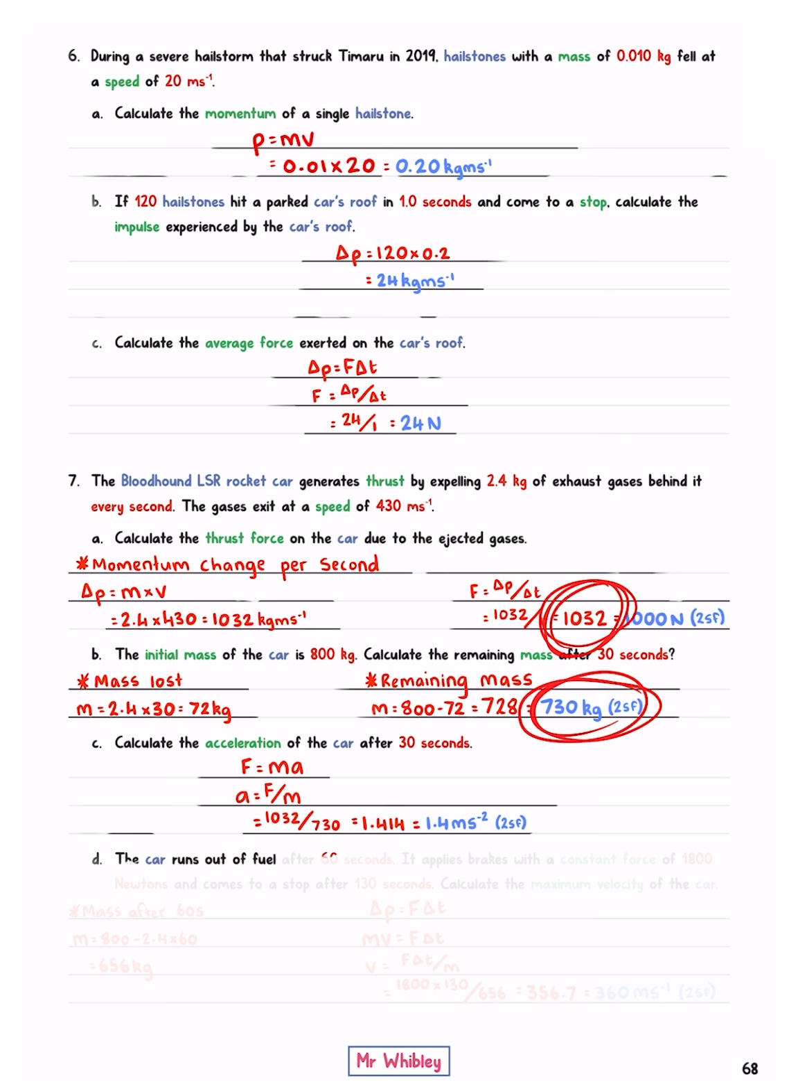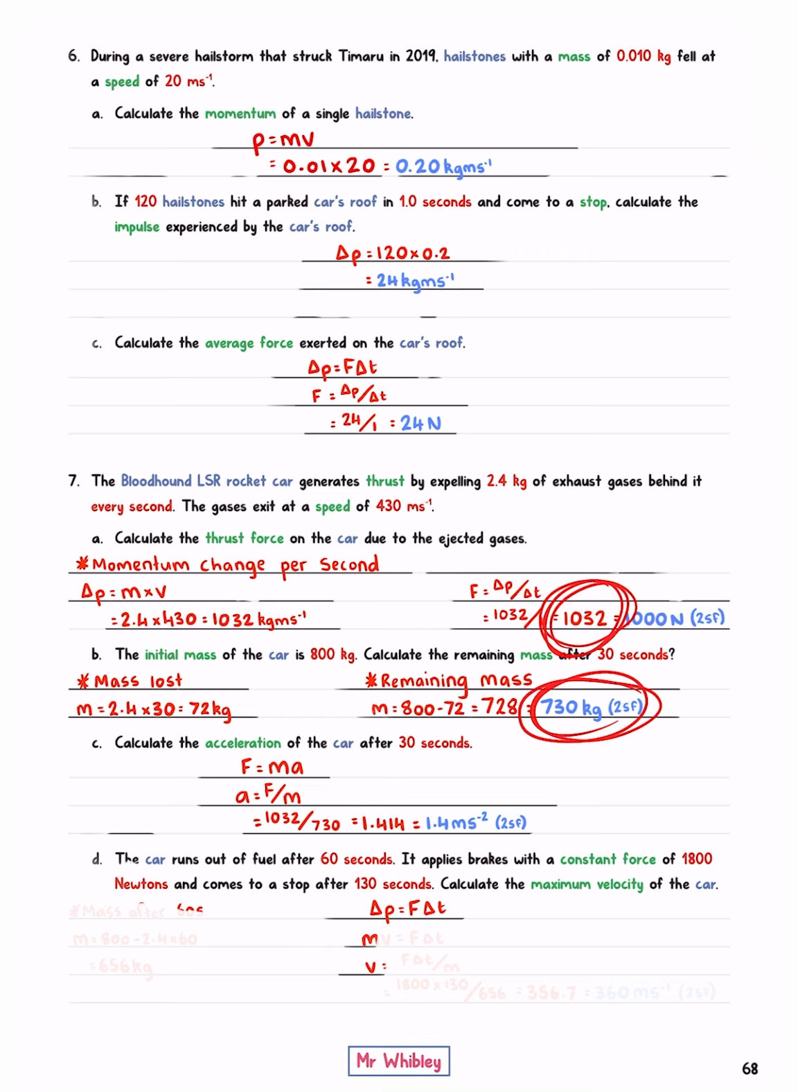The car runs out of fuel after 60 seconds. It applies brakes with a constant force of 1800 newtons and comes to a stop after 130 seconds. Calculate the maximum velocity of the car. To find the velocity of the car, we can use our equation for momentum, where momentum is mass times velocity, and using our impulse equation, it's also force times the change in time. Dividing both sides by mass gives us our solved equation, where we know the constant force. We know it comes to a stop after 130 seconds, so that's our delta t, but we don't know the